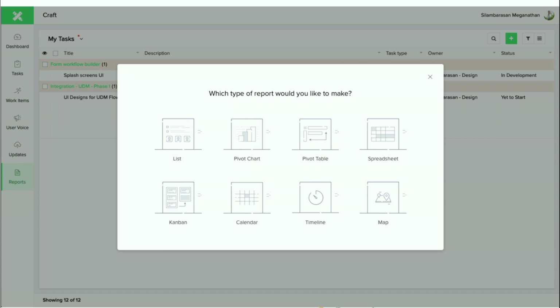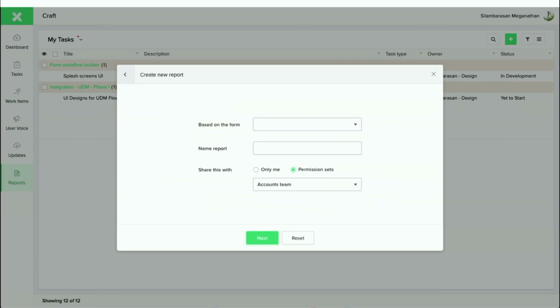As part of the initial release, only the first 3 report types are supported for the user-generated reports, or we call it shared analytics. Only the first 3, list and pivot reports, only these are supported in there. And everything follows the same idea. You select with list, based on which form you are going to create the report, what is going to be the name of the report, and who you are going to share it with.